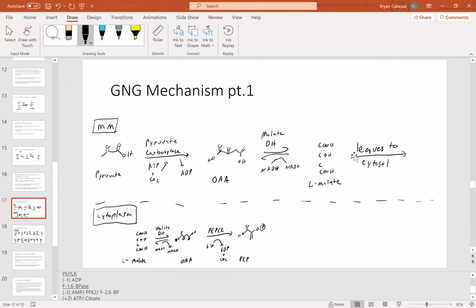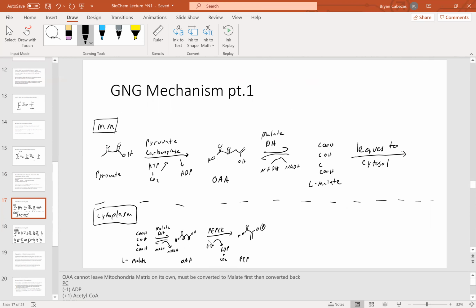Yeah, so we have L-malate forming over here. Do I have it in my notes? It has to be converted to malate first. Perfect. Okay, good catch, Brian. So we have the oxaloacetate forming L-malate. It leaves the mitochondria, and after that, it turns back into oxaloacetate. Malate dehydrogenase is going to be facilitating that process, right? Oxaloacetate to L-malate via malate dehydrogenase, and because it's reversible, L-malate is going to go back into oxaloacetate.